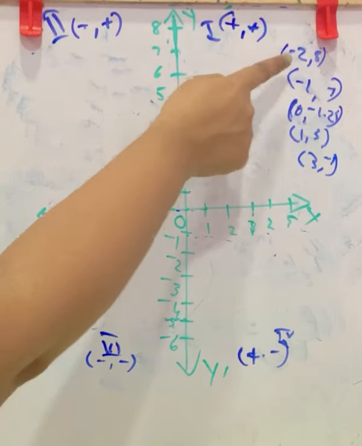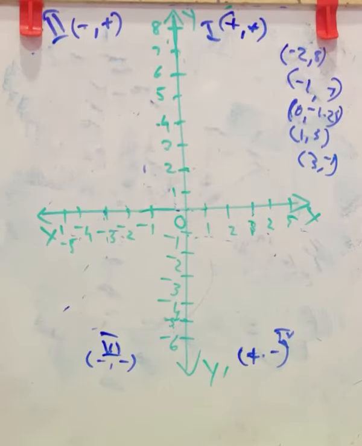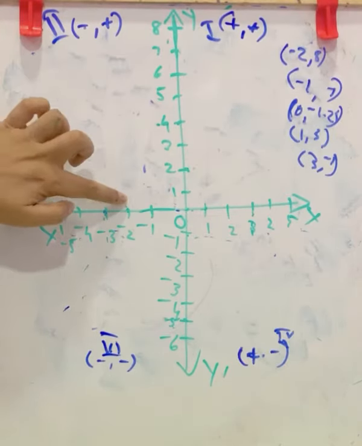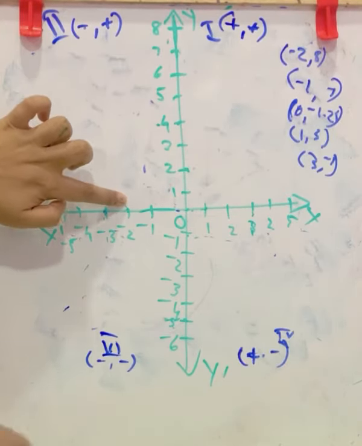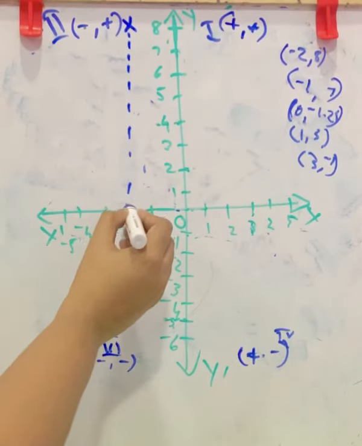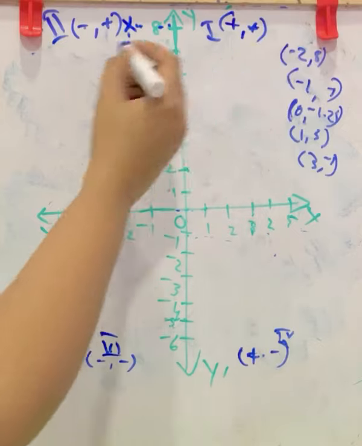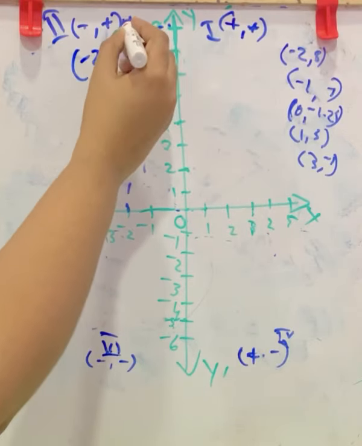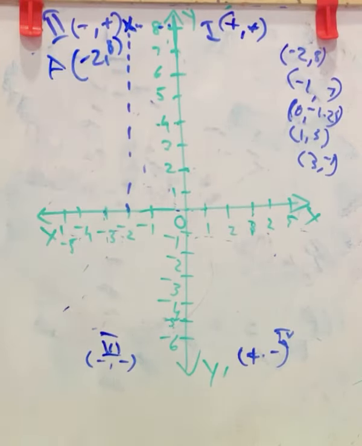First one is -x and +8. It will be in the second quadrant. So -2 is the x and height is 8 given. So it will be here. This is the point -2, 8. Let us name it as A.